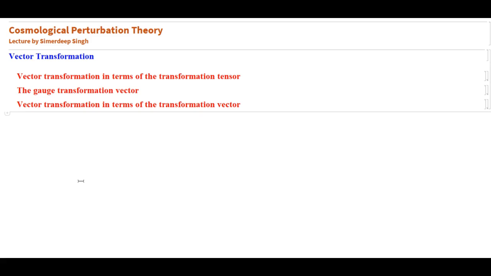The next lecture is vector transformation. In this lecture, we are going to write the vector transformation at one point P. We have seen earlier in this lecture series that when we do vector transformation at a point, I'm going to skip saying "at a point" because now it is obvious we are doing it at a point. At one point, when we are transforming a vector